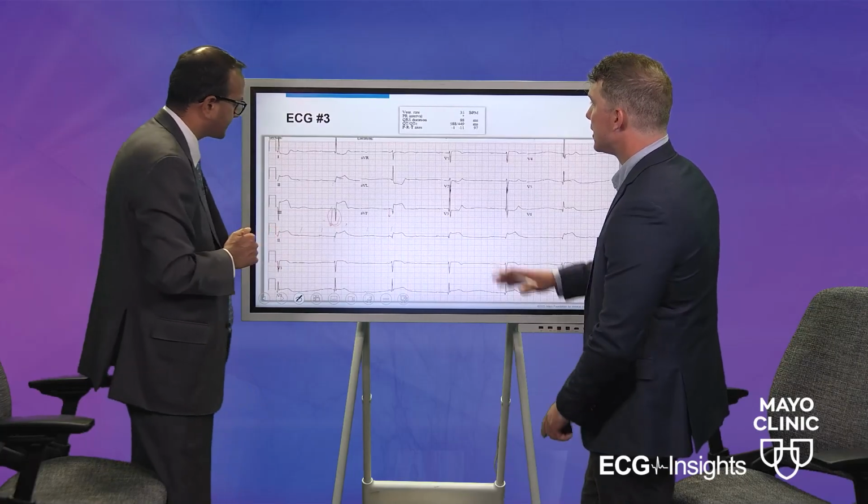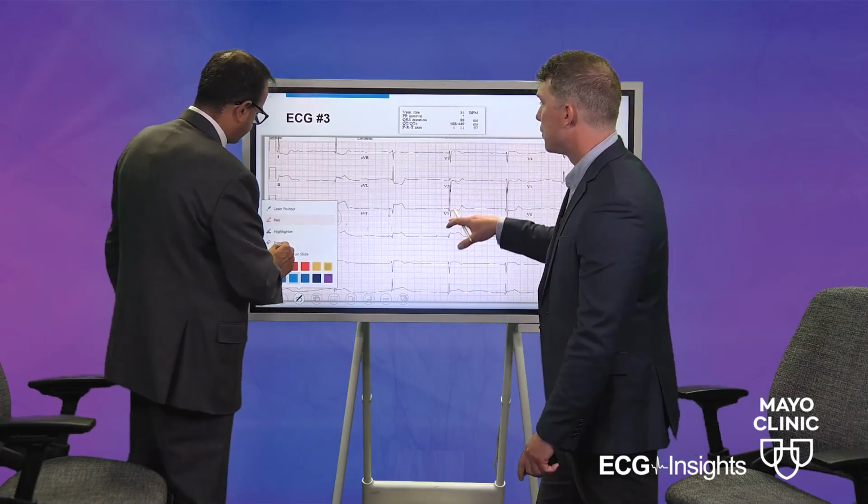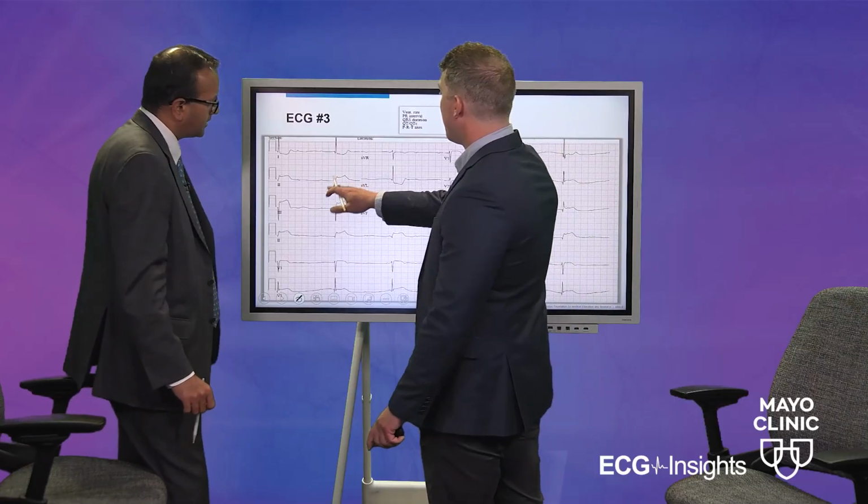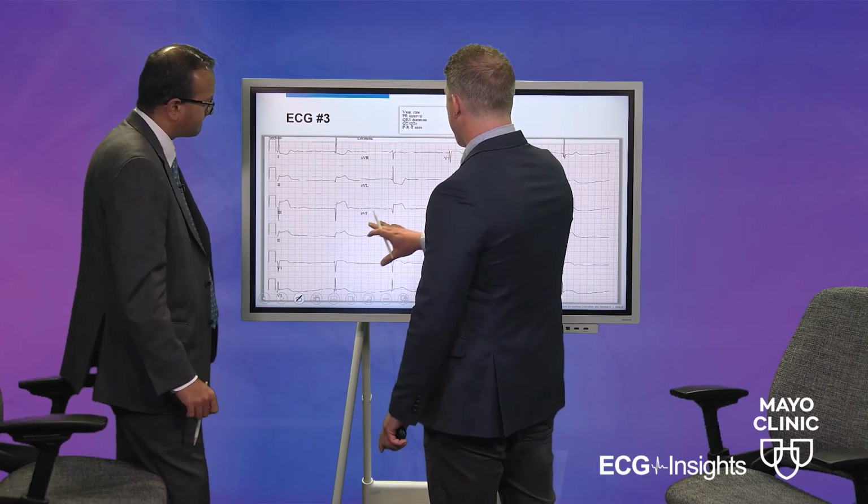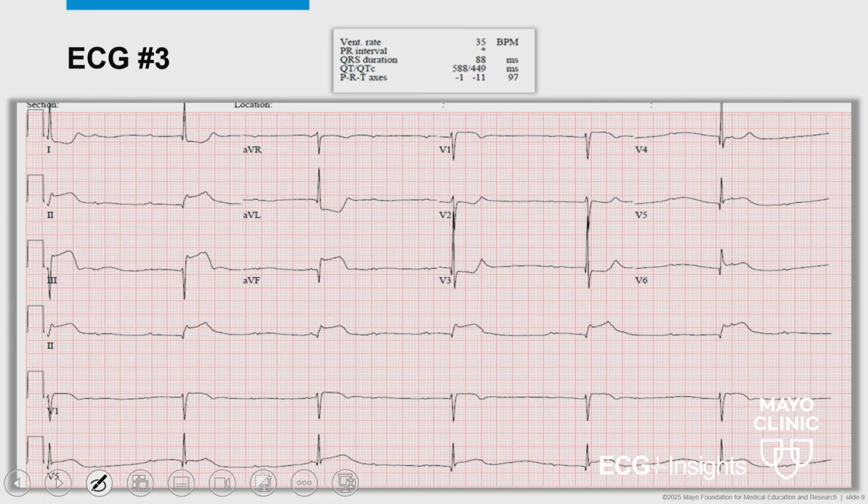Absolutely. So taking some of the things that you were talking about in this particular ECG, we have an inferior STEMI resulting in complete heart block, where the RCA is supplying the AV node, causing this patient to go into complete heart block. And based on what you said, best case after the STEMI is ultimately reperfused, give it a little bit of time to see if the intrinsic electrical activity kicks back in. Otherwise, it may result in a pacemaker.